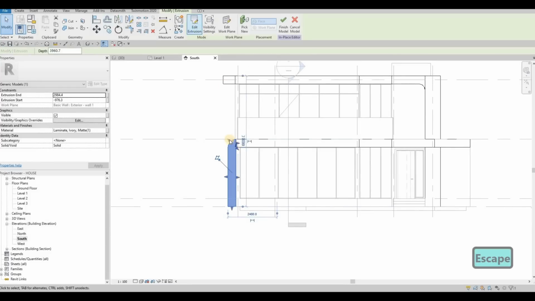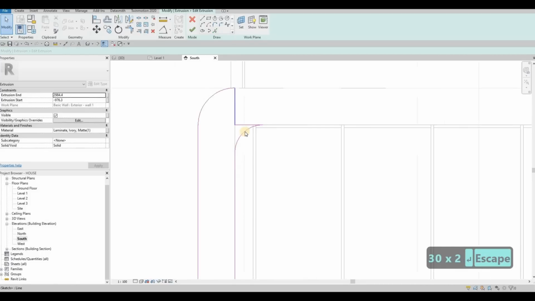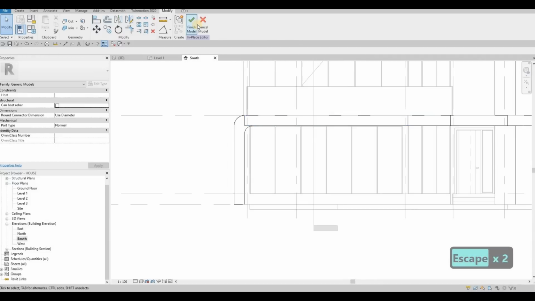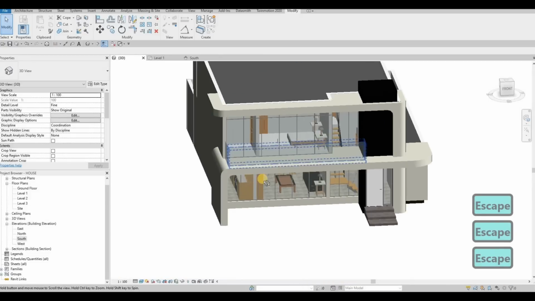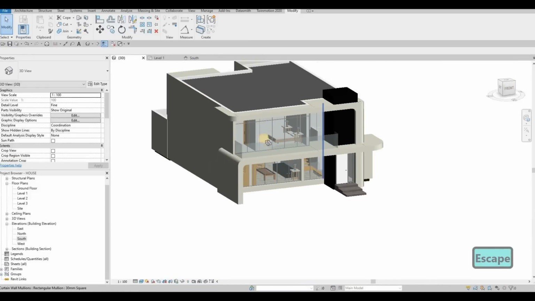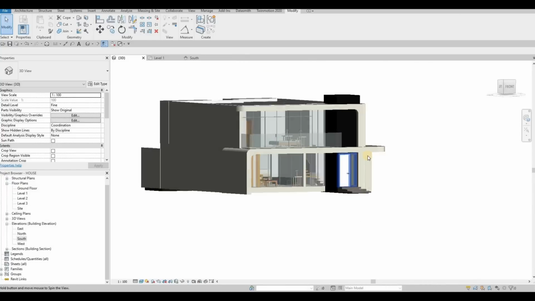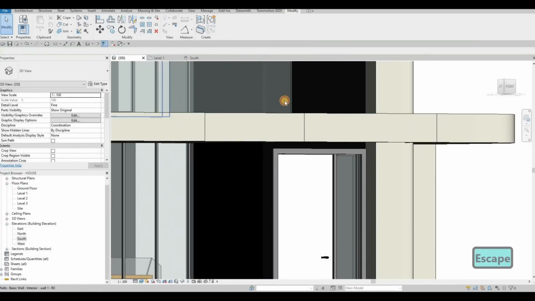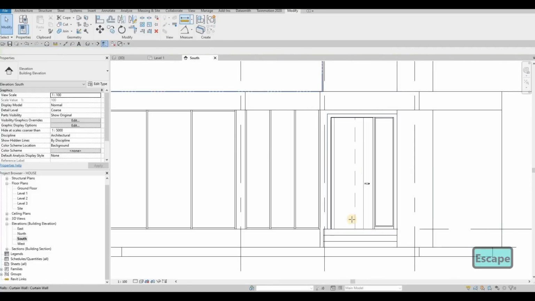And then maybe here as well, edit extrusion. I want to make this one 300 as well. And then there we go. Perfect enough. Like that. So now it's more significant and it's more visually pleasant to see what we have there. And then maybe if we go to south, we could extend this a little bit more. So to check the distance, that's